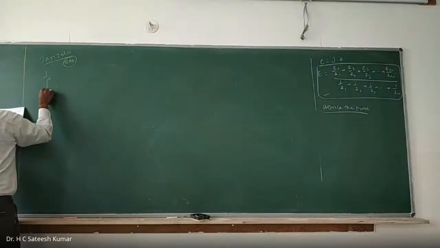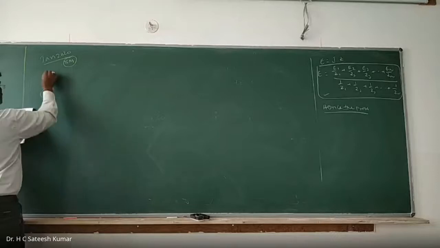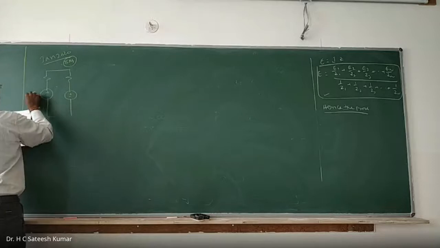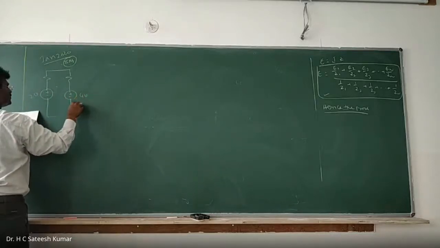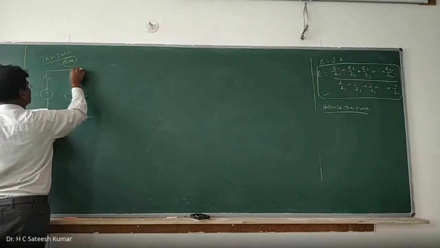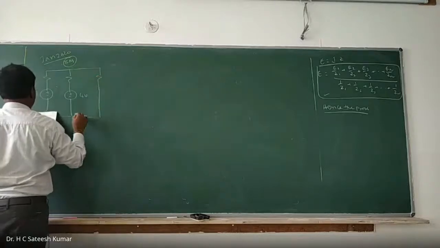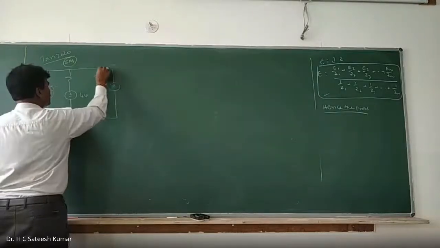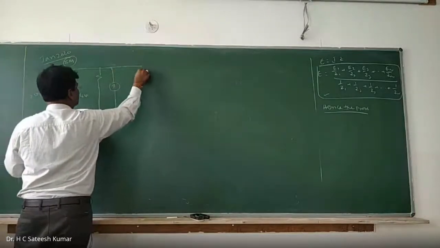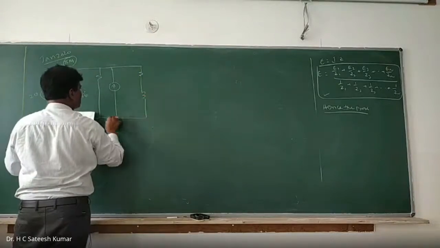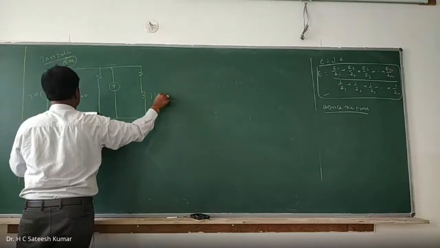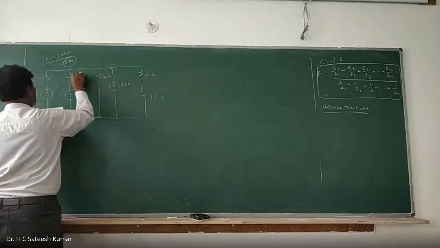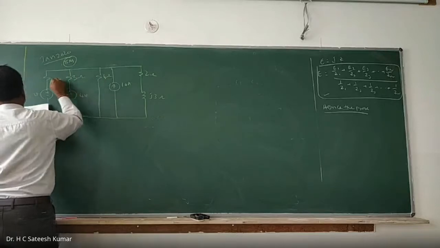One resistance, voltage source, one more resistance, voltage source. This is 2 volts, this is 4 volts, and one more resistance here. And in parallel with that, we have a current source. And a load is said, that is J3 ohms, 2 ohms, 10 amps, 4 ohms, 3 ohms, 4 volts, 2 ohms.